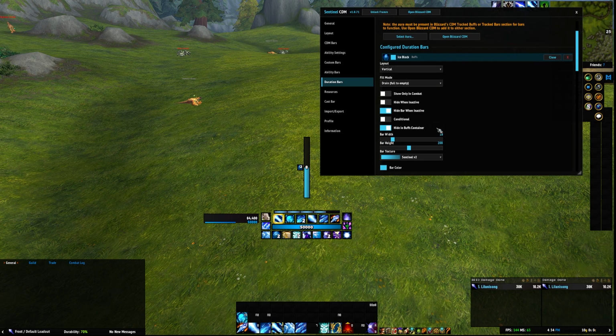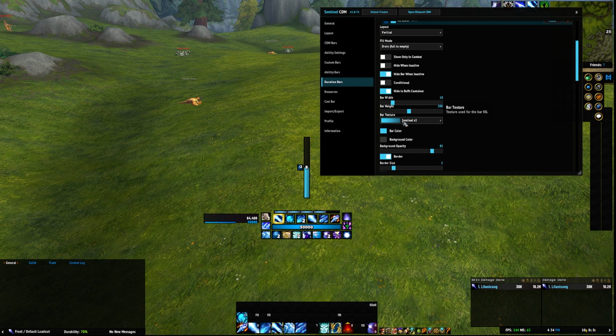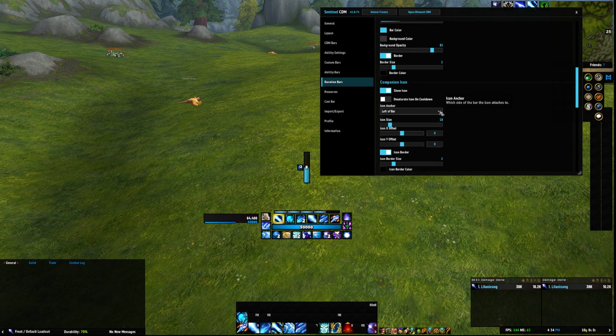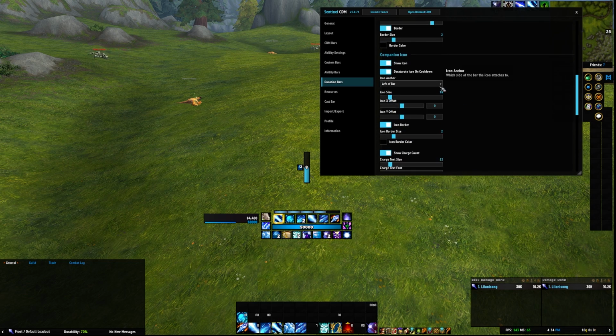Let's see, hide bar when active, drain full to empty, bar color's fine. Increase the height, show as saturated on cooldown, anchor below,